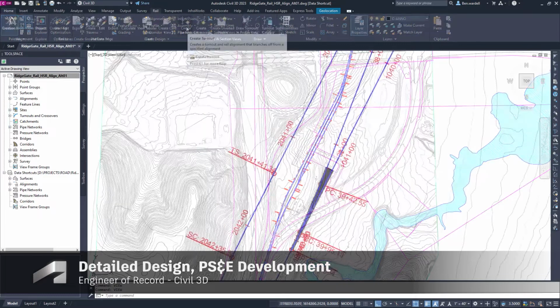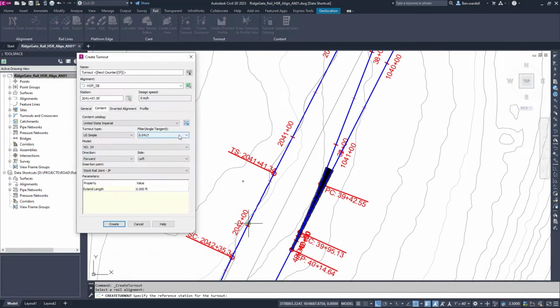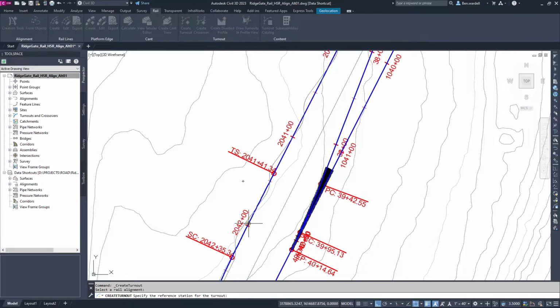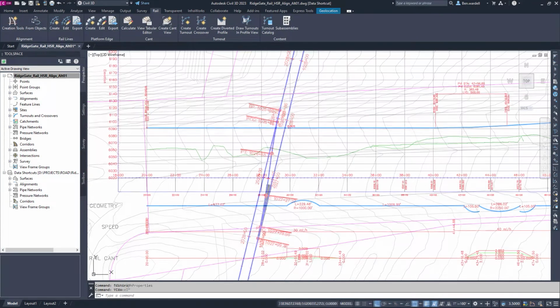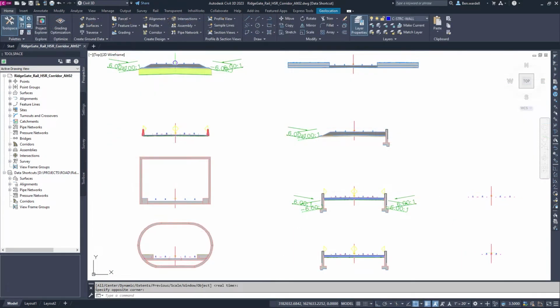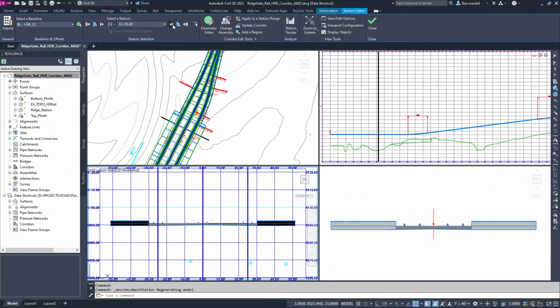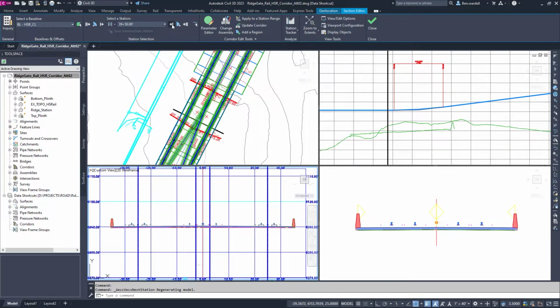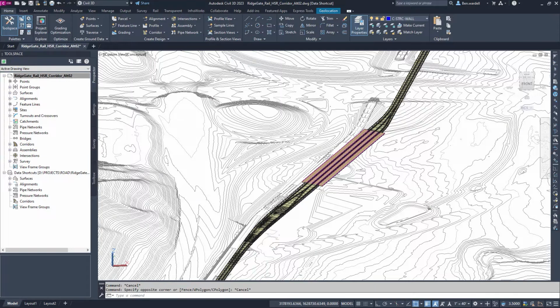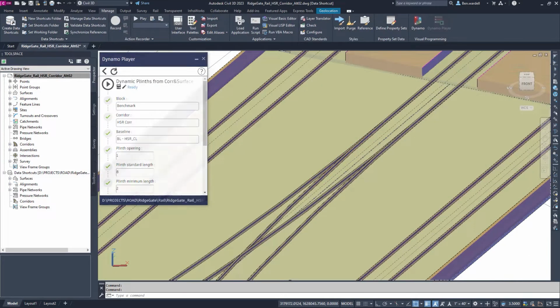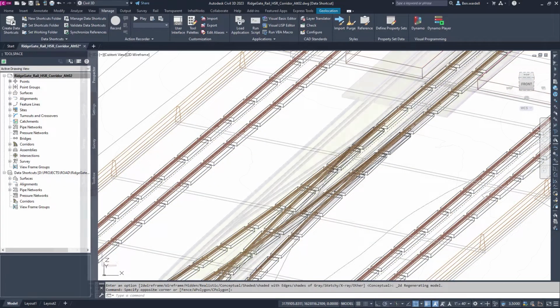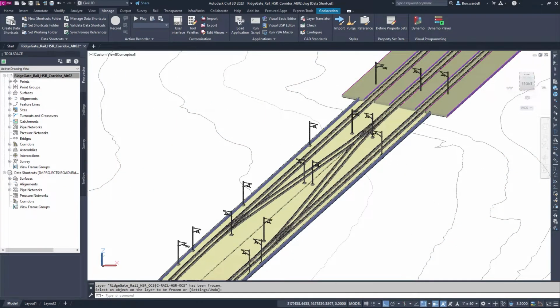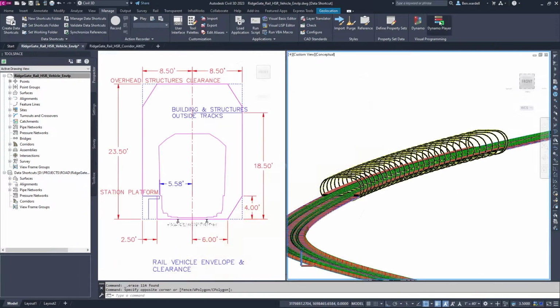In Civil 3D, detailed design is done efficiently with rail tools that create intelligent and dynamic turnouts and crossovers. Alignments are linked to profile data and other parameters. Rail assemblies are utilized to build a detailed corridor model. Designers and engineers then harness design automation using Dynamo for Civil 3D to add additional elements, including plinths and electrical systems, creating a complete rail transit model.